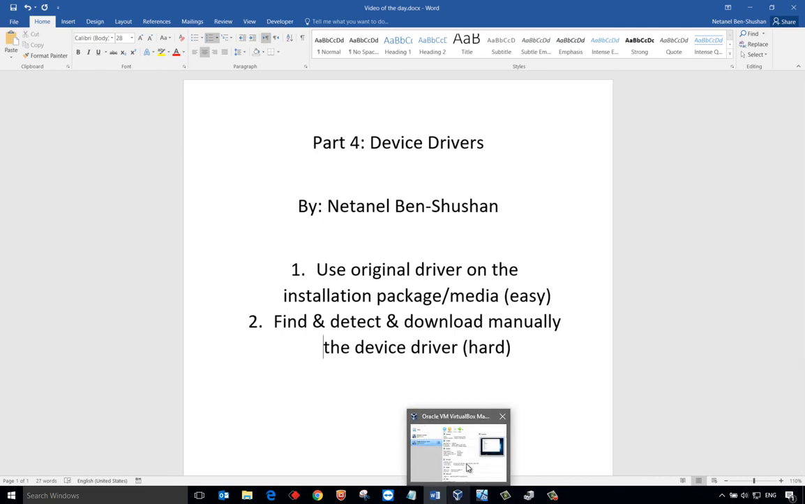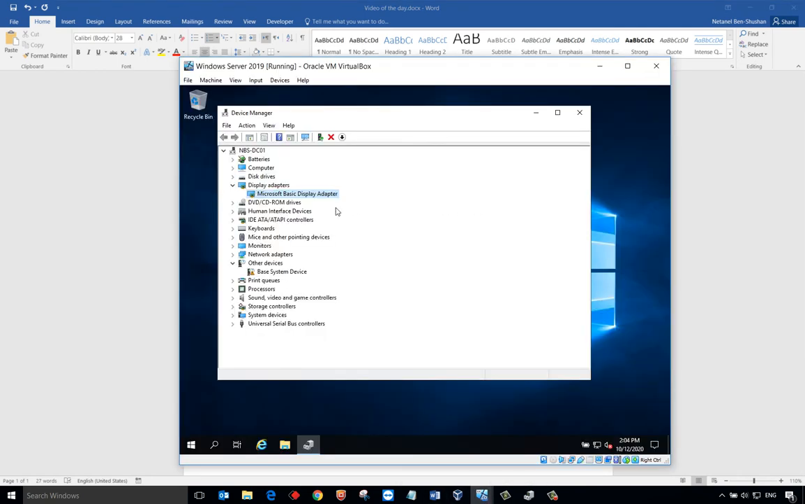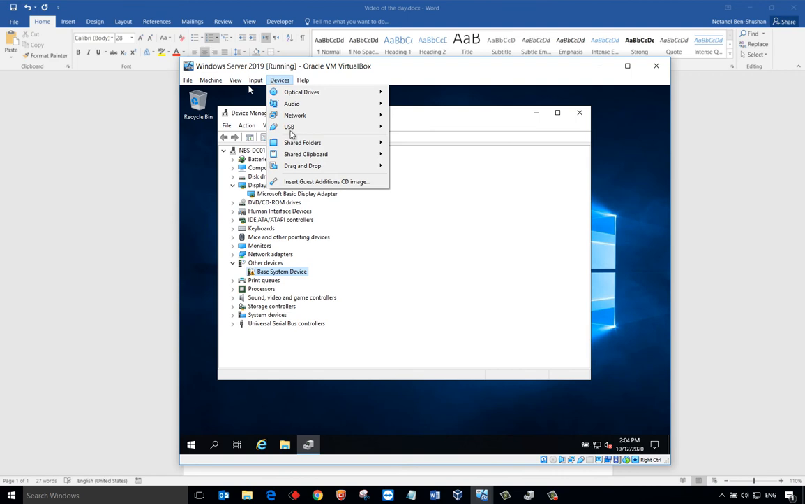So let's go again to the virtual machine, and here we can see this display adapter is a Microsoft Basic Display Adapter, which is the default device driver, and we can see there is an unknown device that the operating system doesn't know how to handle. So in the case of VirtualBox, I'm going to go to Devices and insert the Guest Additions CD image,